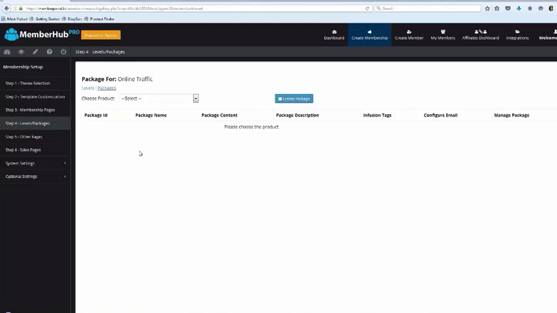So what we're going to do is create 3 different packages for each one of those access points. Does that make sense, guys? Okay, here's the reason why. When they click for more information about Green Screen Secrets, they're going to be taken to that sales page that's all about Green Screen Secrets. We're going to give them 3 different packages to choose from in that scenario. So they get to choose what they want. Or you can just have one package that's all access. But you need to have at least one package so that they have something to buy on your sales page. Does that make sense, guys?